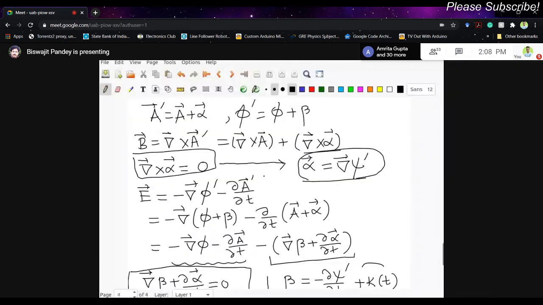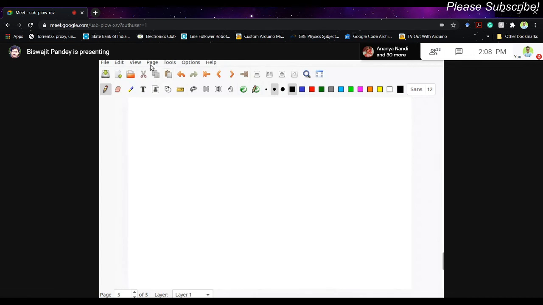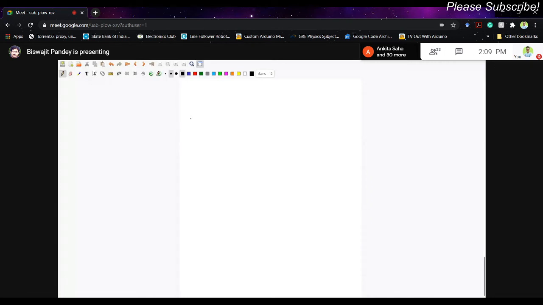So Coulomb gauge. What is Coulomb gauge? Let me write it down here. Let me first write down the equation once again, otherwise it will not be clear. What was the equation in terms of phi and A? Laplacian of phi plus del t of divergence of the vector potential equal to minus rho by epsilon naught. And the other one was